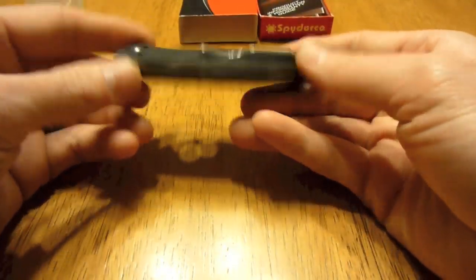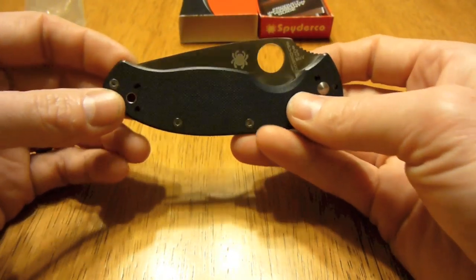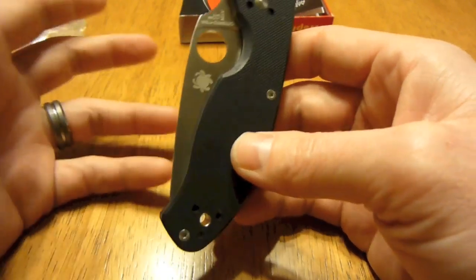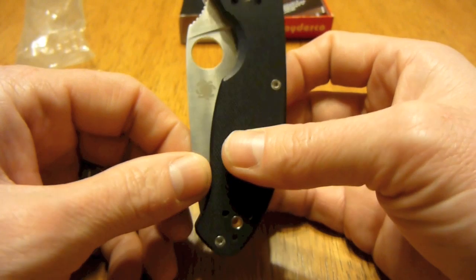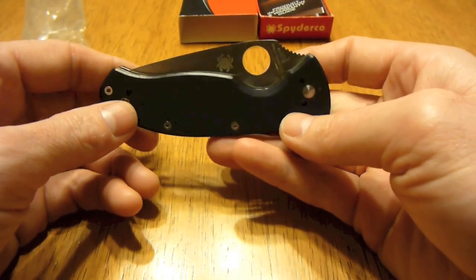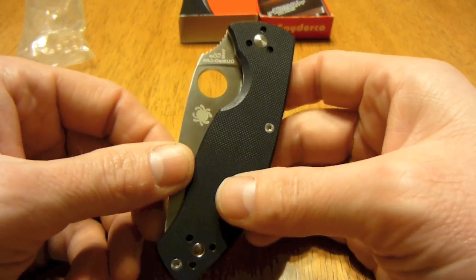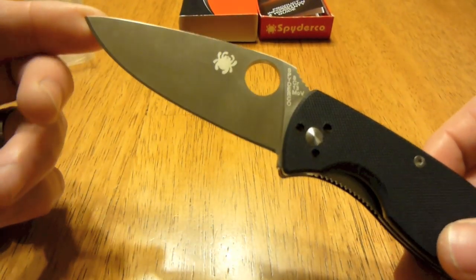And here is the knife. So real quick, I just want to spit out some specs. Basically, you can get these on the Spyderco website, and it's just specs about the knife. There are not really too many things that can be said differently from what's listed on the website, because it is what it is. So to start off, start at the blade end. The blade is made of